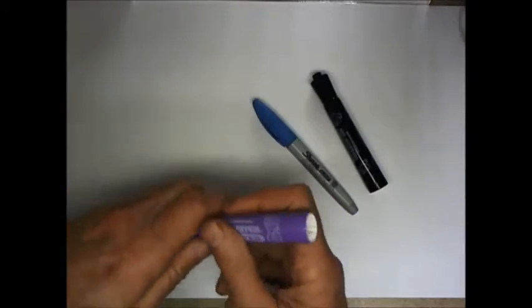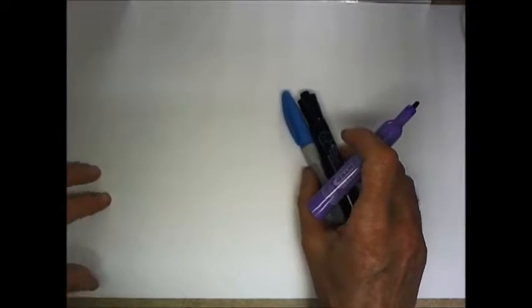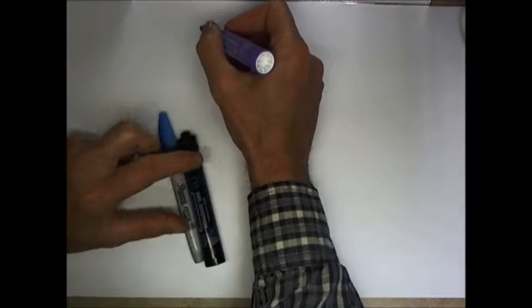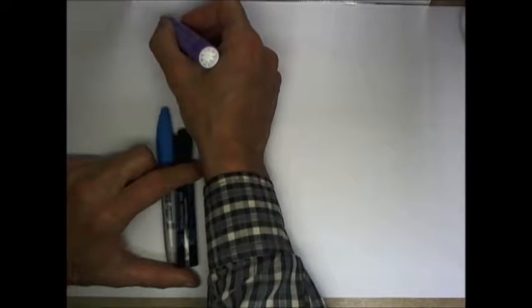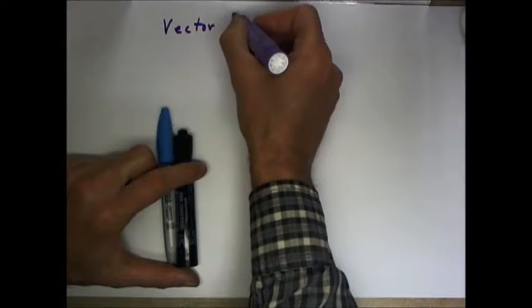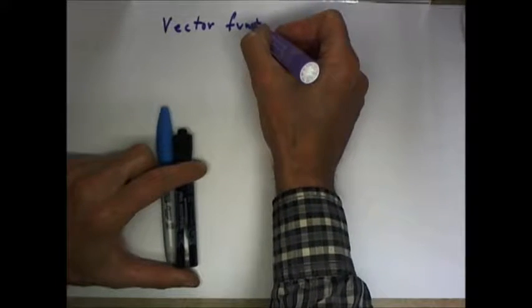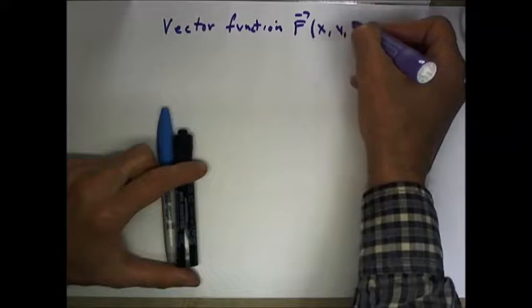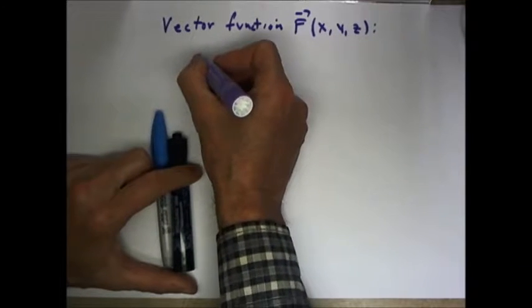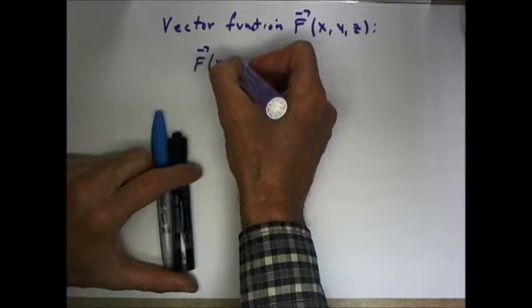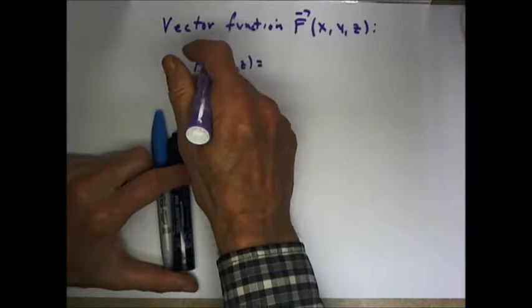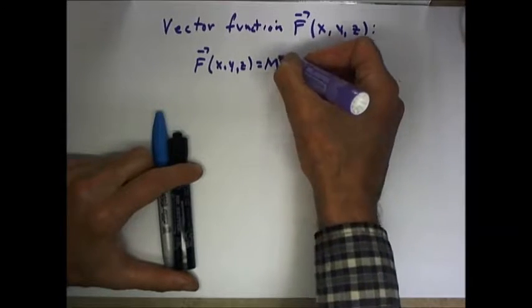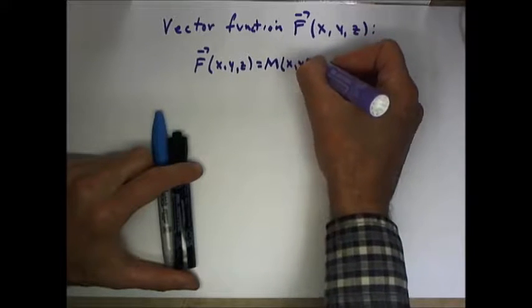Okay, now we're going to talk systematically about how the ideas we've covered in the first few introductory clips play out. So, vector function. F of x, y, z is just a function whose value is a vector in three-dimensional space. And we're going to denote that vector by m of x, y, z times i